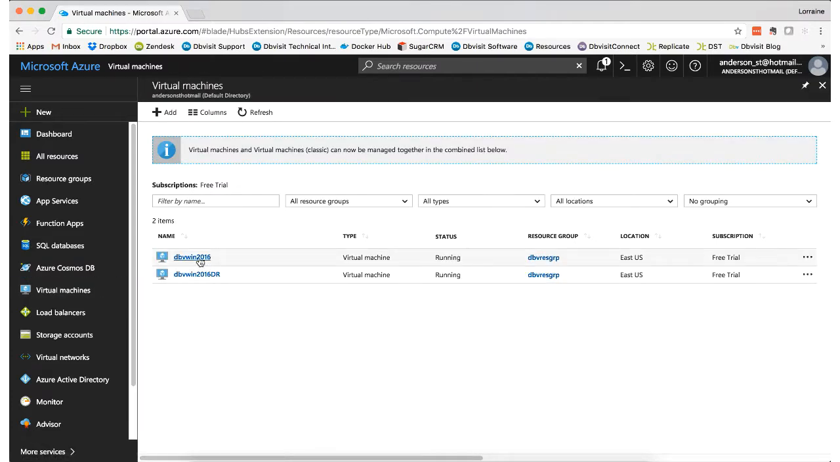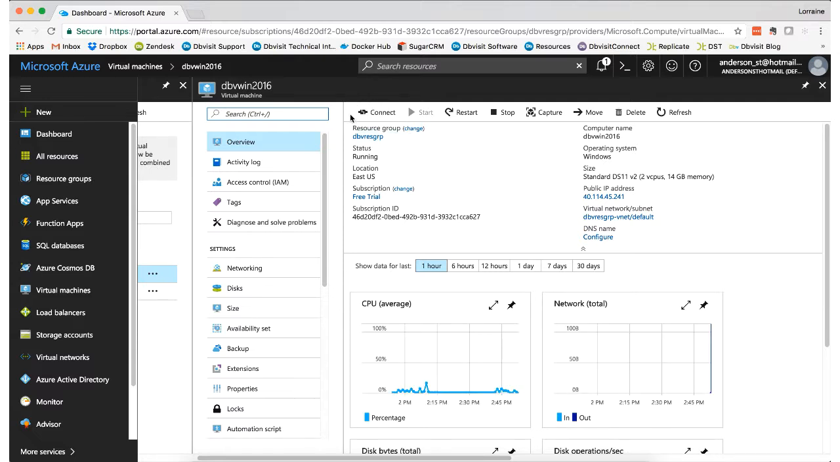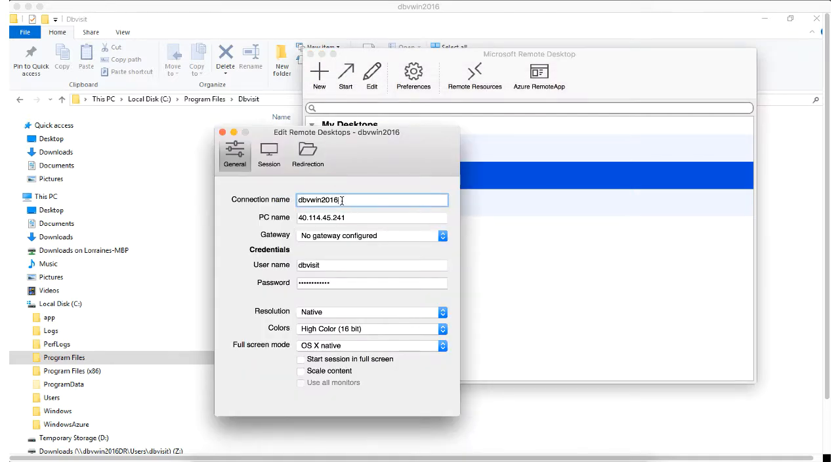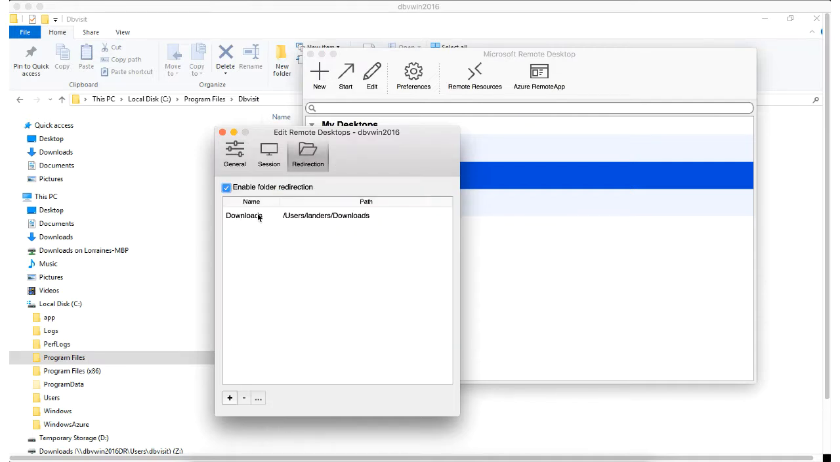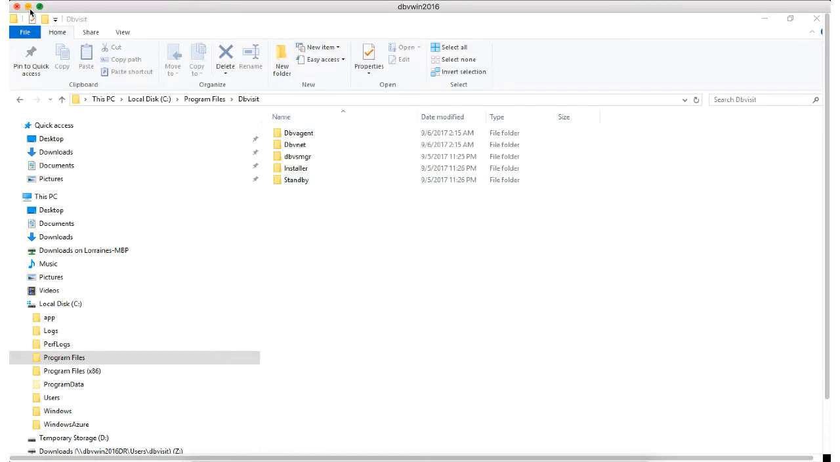Now if we click on one of the virtual machines, to connect to it, we download a Microsoft Remote Desktop parameter file. And that can be configured to have a more meaningful name rather than the IP address. And also you can allow folder mappings from your local host, as I've done here. So if I go ahead now and connect to the primary host,